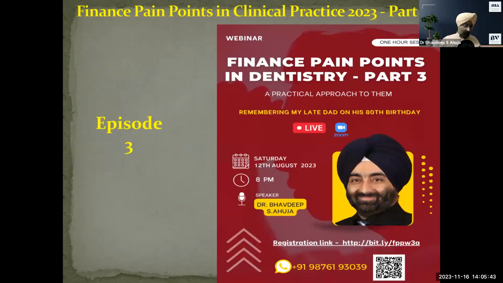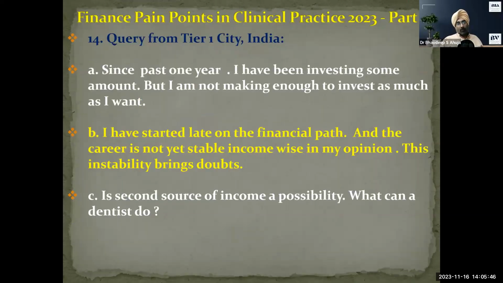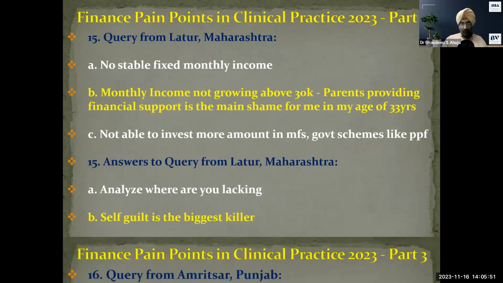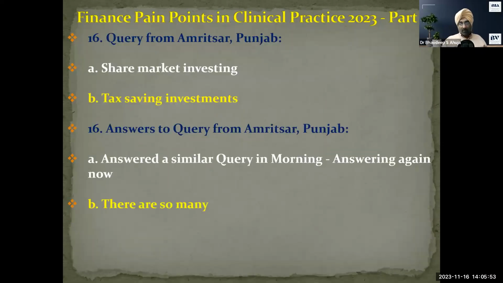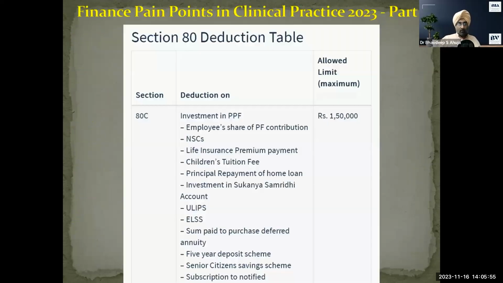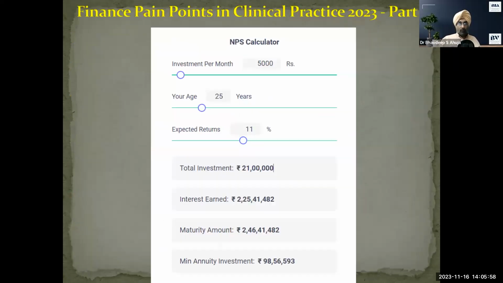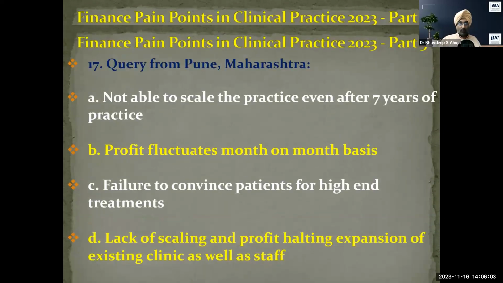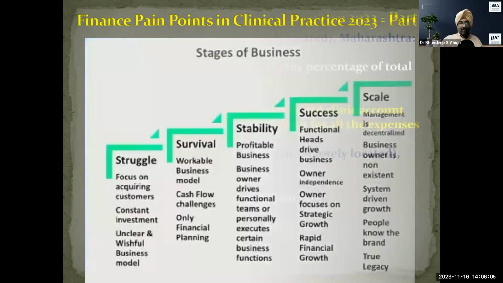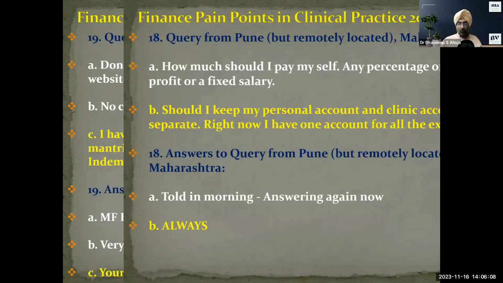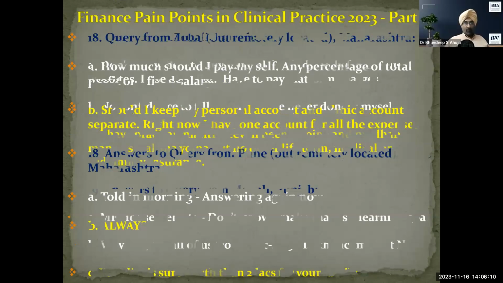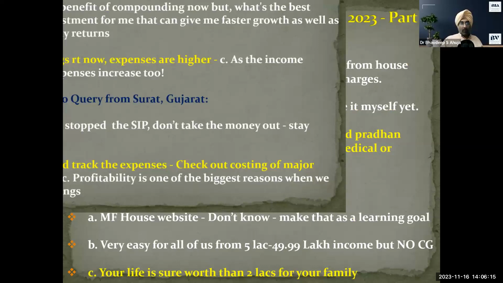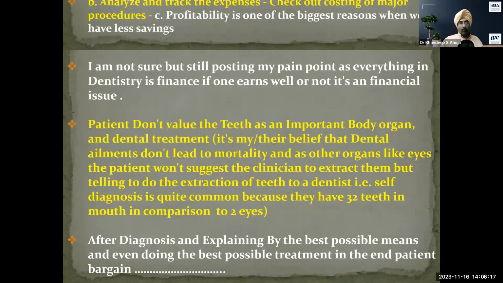Episode number 3 started from Tier 3 city. Number 14 query. Number 15 was from Latur, Maharashtra. Number 16 was from Amritsar, Punjab. Number 17 was from Pune, Maharashtra. Number 18 was from, again, Pune, but remotely located in Maharashtra. Number 19 was from Mohali, Punjab. Number 20 was from Surat, Gujarat. 21 from Gopeshwar,